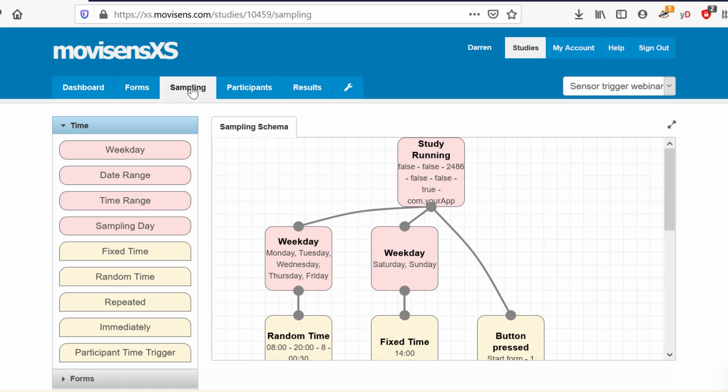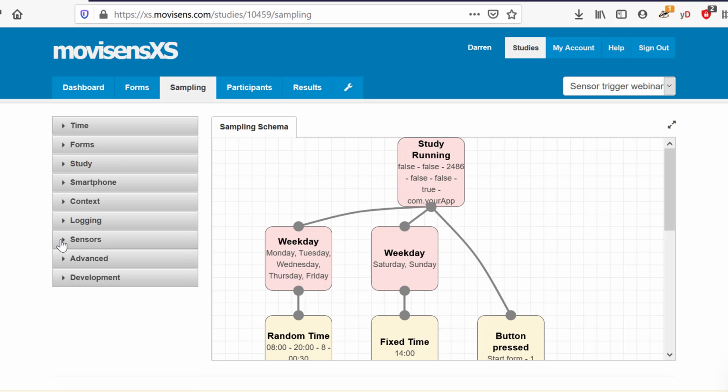Now, in the sampling schema, it's really important, if you want to do sensor triggering, that you get in touch with us, because we need to activate that for you. We need to activate the sensor blocks. So quite often you'll see, because mine has been enabled, we can see quite a lot of information here. In most people's accounts, it's less so. So you need to contact us, and it doesn't cost anything extra. It's just purely that we don't want people getting confused with all the extra information and thinking that they're going to pair a Fitbit or some other device to this and have it all work and increase our support burden.